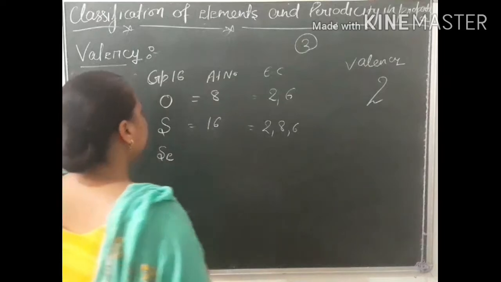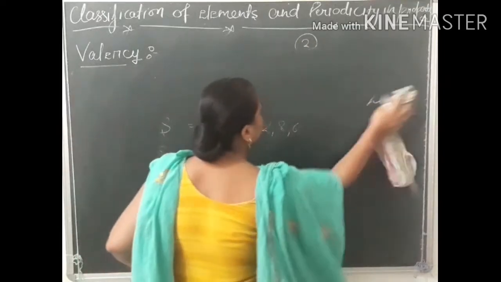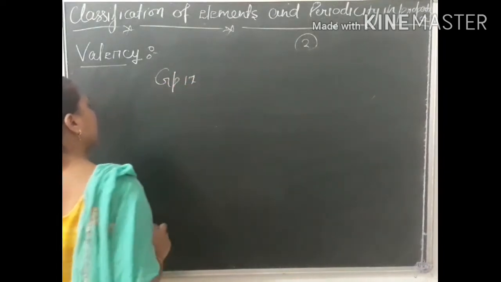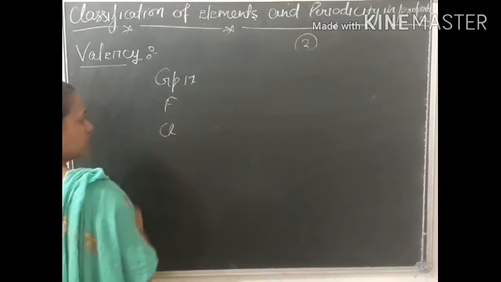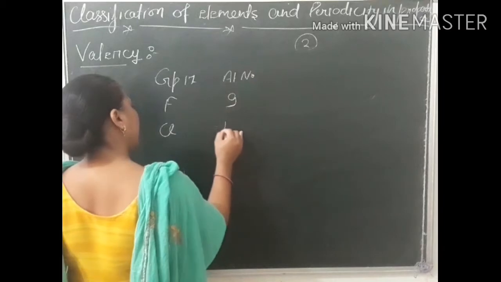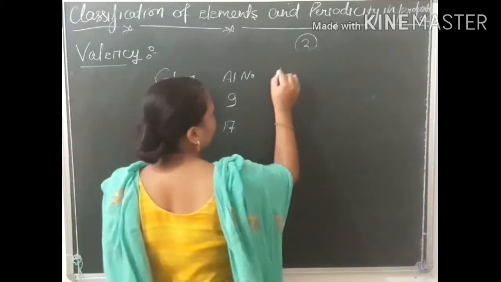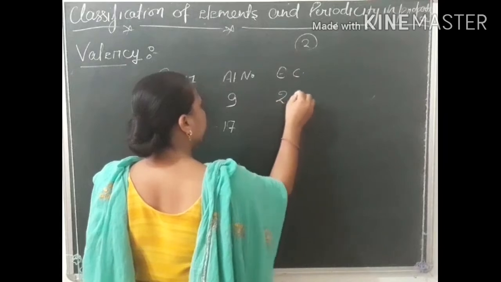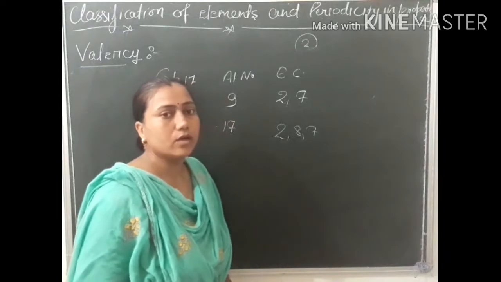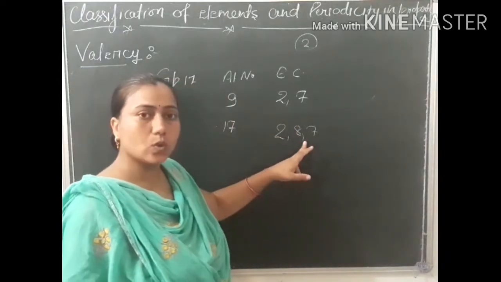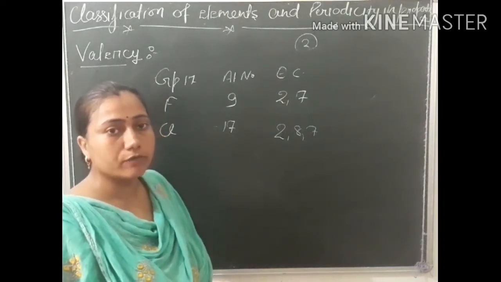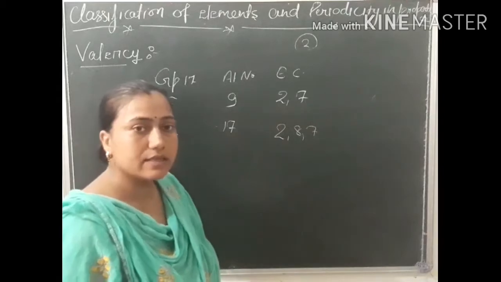We will see that. And in group 17, that is fluorine, chlorine, etc., the atomic number of fluorine is 9 and here it is 17. Now the electronic configuration is 2 and 7, here 2, 8 and 7. In their outermost shell there are 7 electrons, so it has a tendency to acquire 1 electron to acquire noble electronic configuration, so its valency is 1.